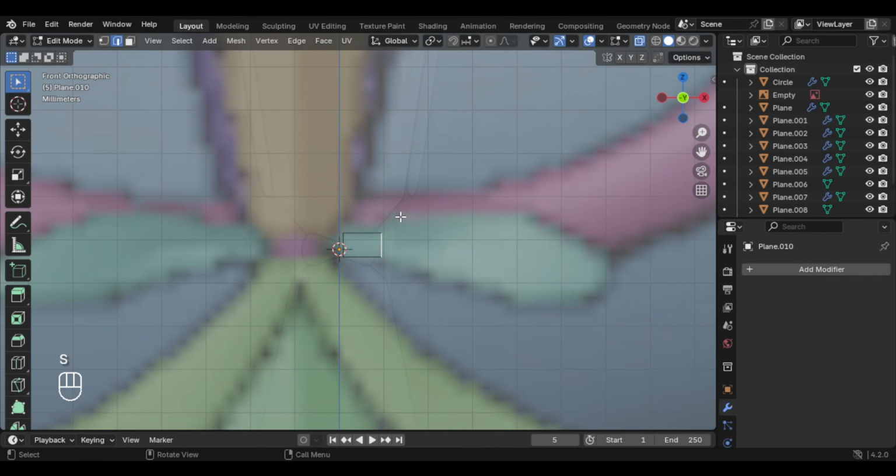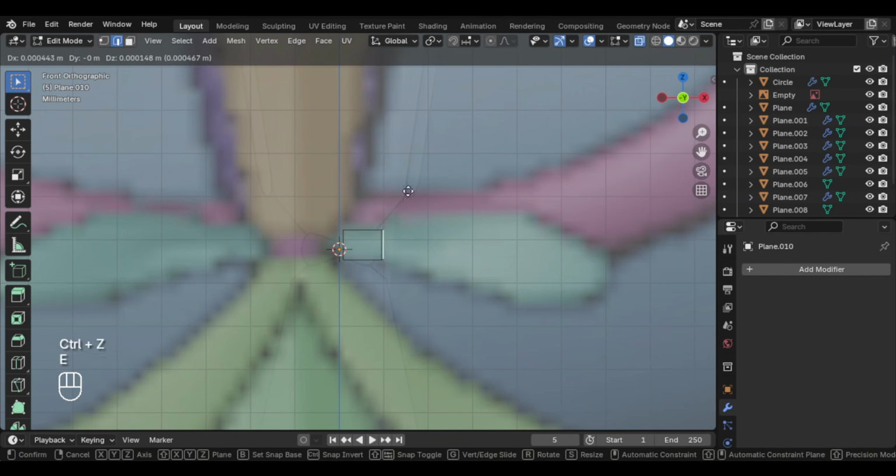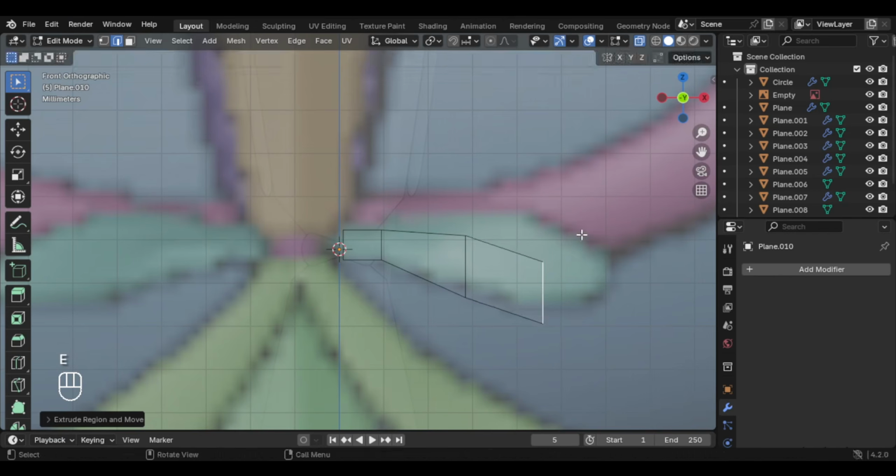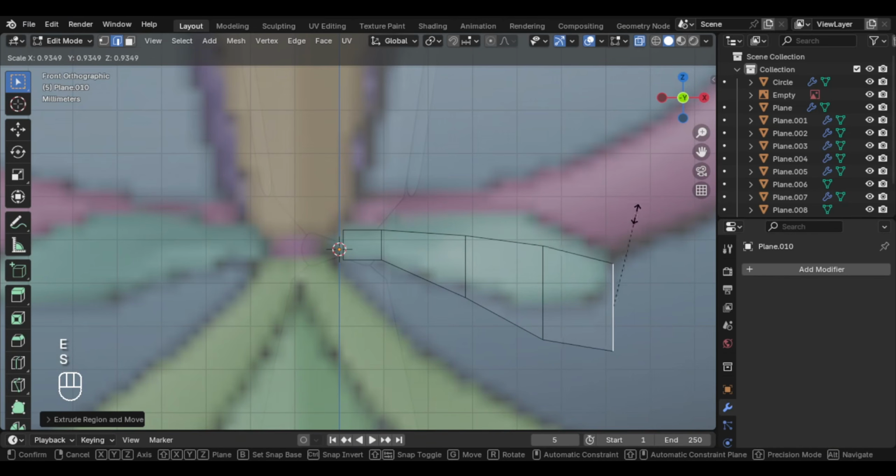And we can select this one here. And let's extrude it. So E to extrude. And let's make it bigger. And you can also bring it more down. Extrude again. Make it bigger. And we can extrude it one more time. And then make it a bit smaller